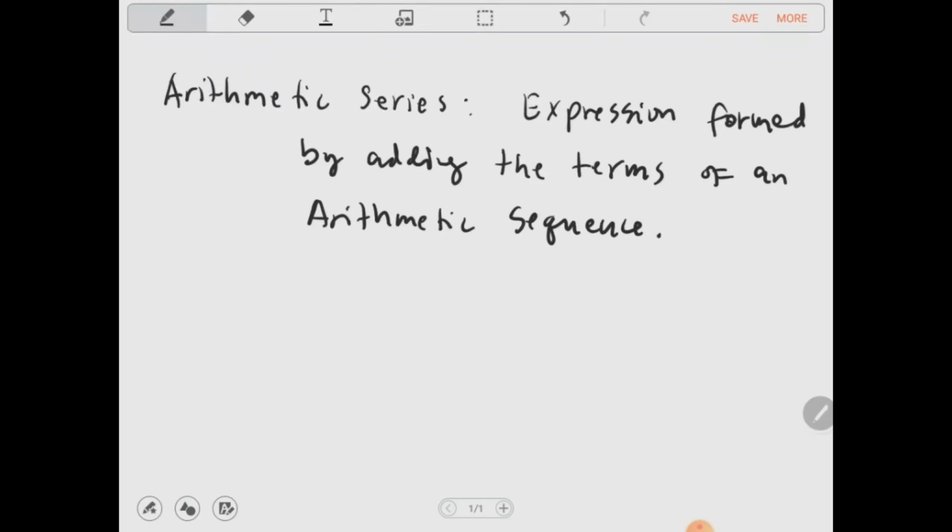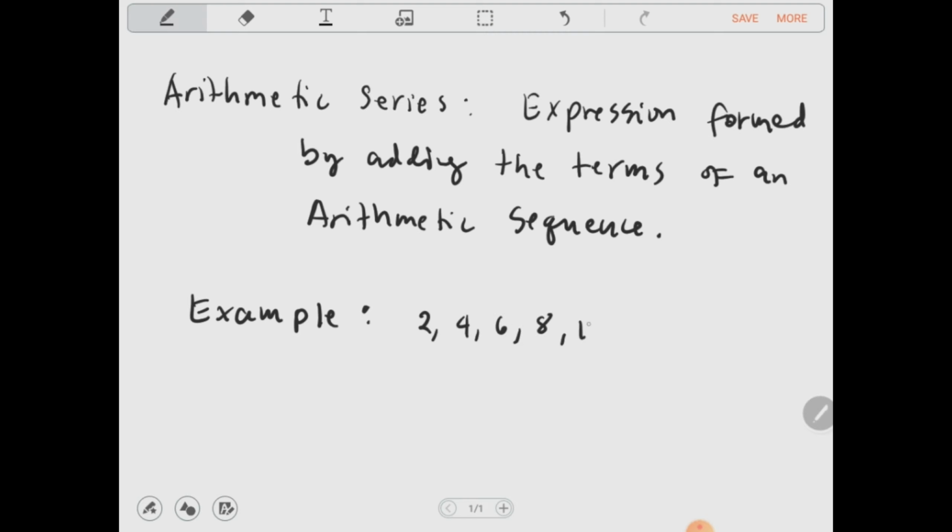Okay, today we're gonna talk about arithmetic series. This is the expression formed by adding the terms of an arithmetic sequence. This is just the summation, or the sum, of all the numbers in the sequence. Just like